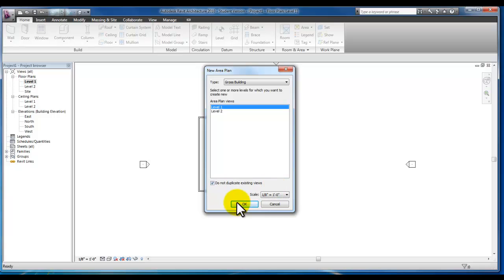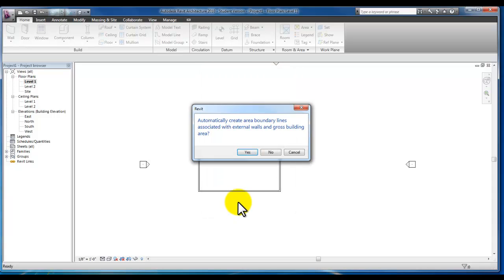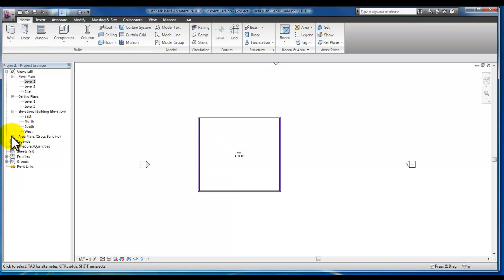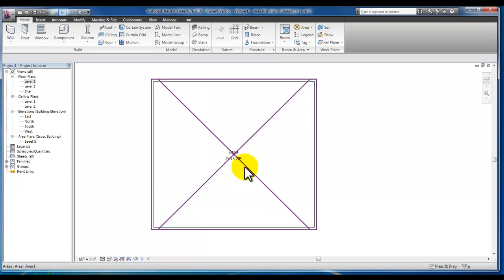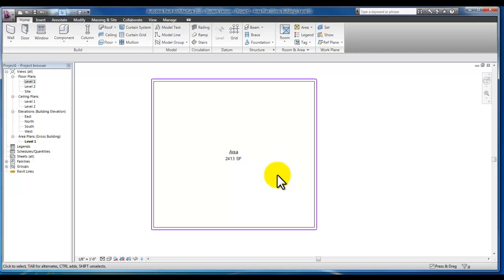And then we're going to highlight level 1 and pick OK. We'll be asked, do we want to automatically have created these boundary lines that associate the external walls with the gross building area? We want to pick yes. You'll notice a new plan in the project browser, and the blue lines that are on the outside of the walls, and the big X and the area that's actually established right inside the drawing there, showing you the square